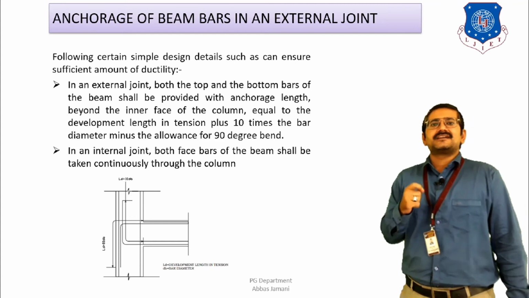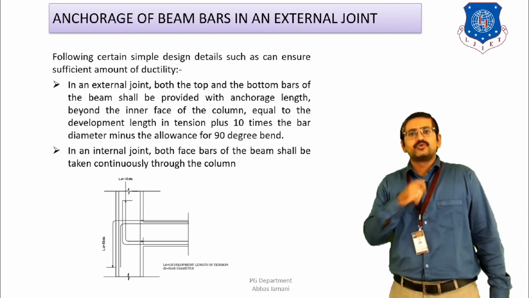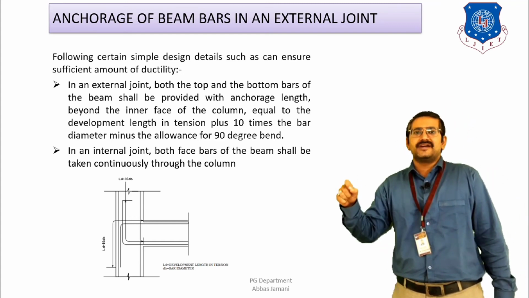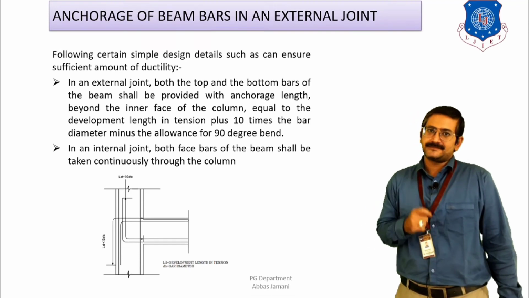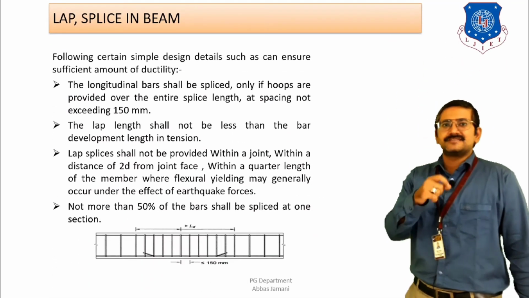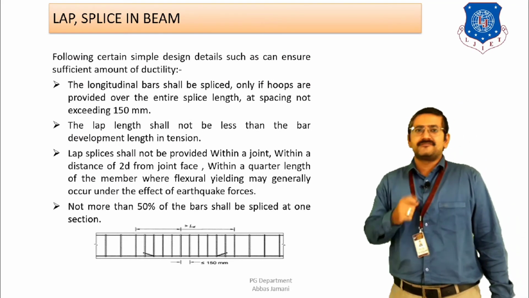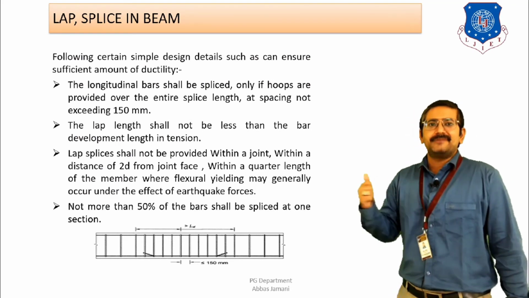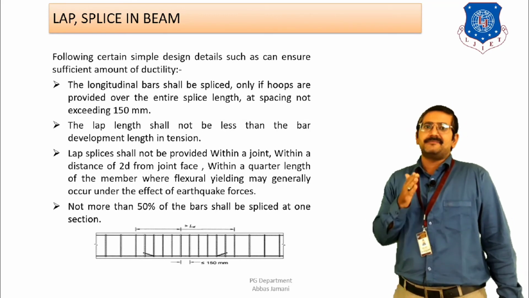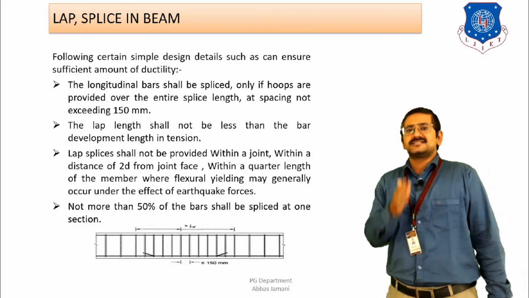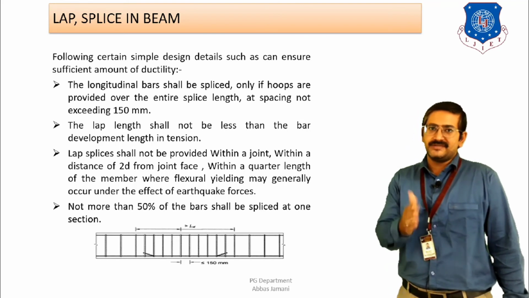And in case of internal joints, the bar should pass through and through the column joints, and at that particular junction the lapping of bar should not take place. Right, so that is what we have discussed in the last slide, that lapping of bars is also important. Regarding lapping, the code is giving you guidelines that there are certain locations where lapping is preferred, and there are certain locations where the lapping or the splicing should be avoided.